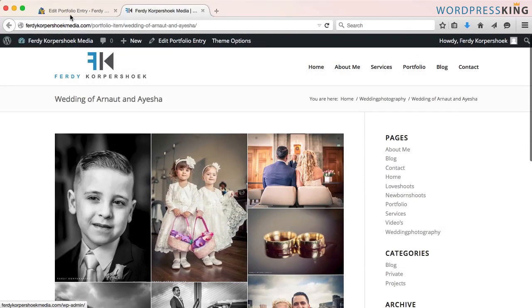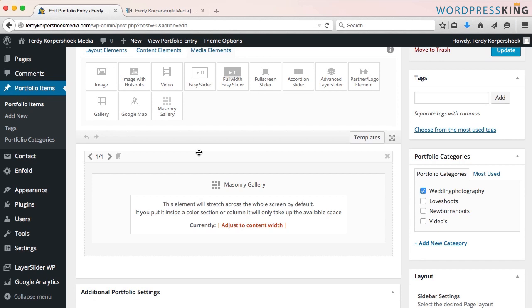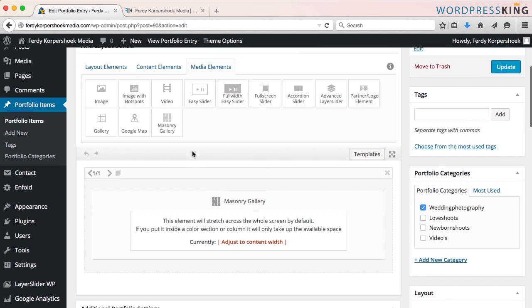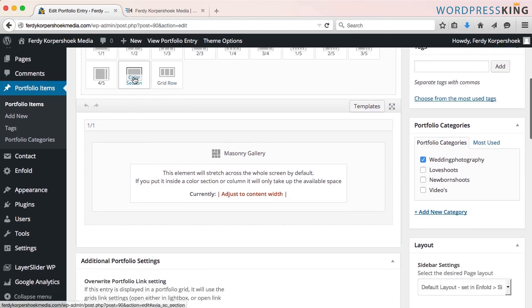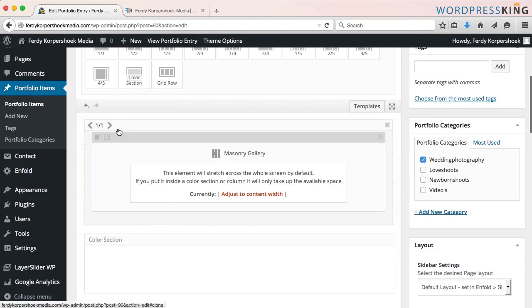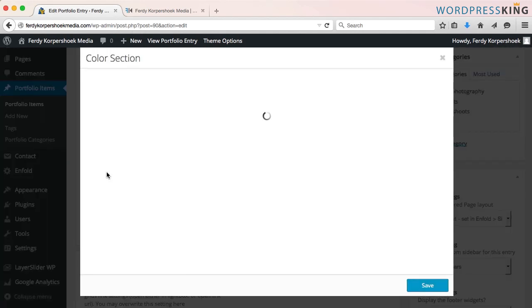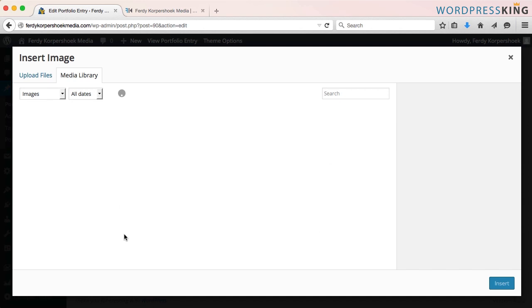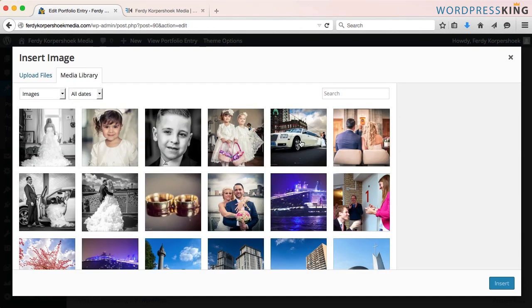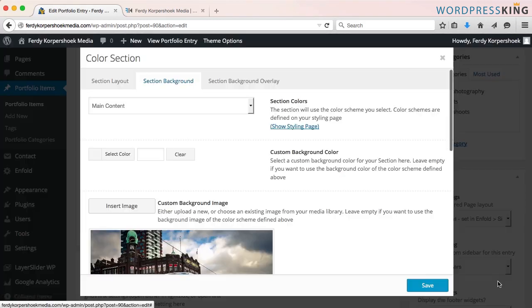This is one way. What we can do also, I will put them beneath each other. What is nice also to do, it's not necessary, I go to layout elements and I say I want a color section. I drag it below the one-on-one and I click on this icon, so I hover over color section, and then I say the section background needs to be a certain color, but not a color, I want an image. So I can choose to show this image at the full size, and I insert it,